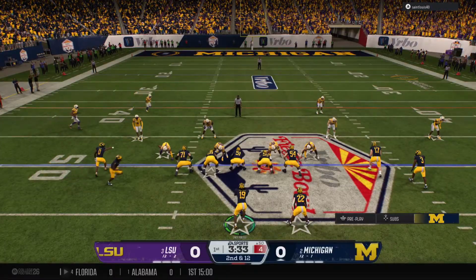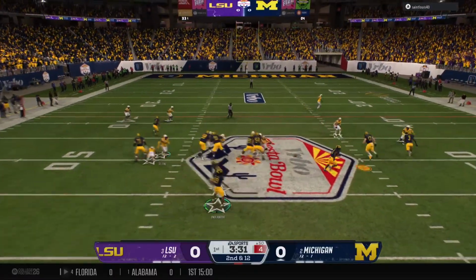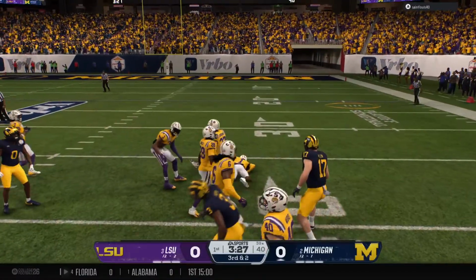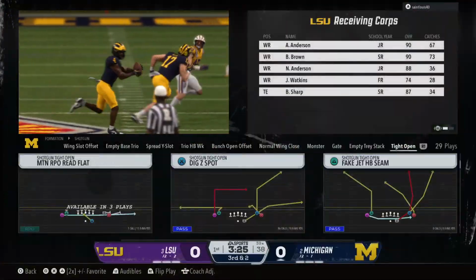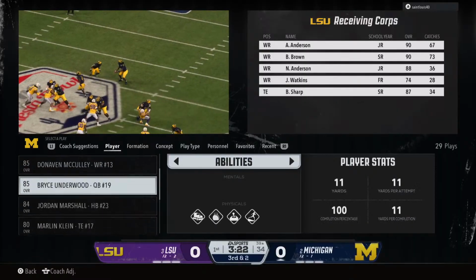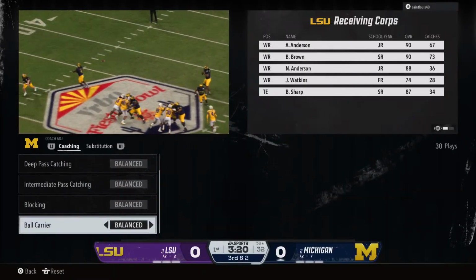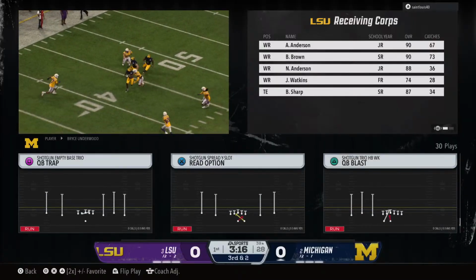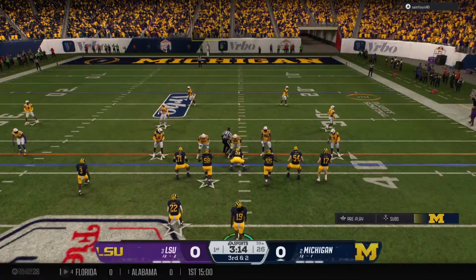The pre-snap motion from the offense. Here's a quick throw off the play fake. And tackled there by the defense. Well, the quarterback has just too much time against this zone. There's not enough pressure. It's allowing him to sit back and pick apart this zone defense. The important 3rd down play coming up.